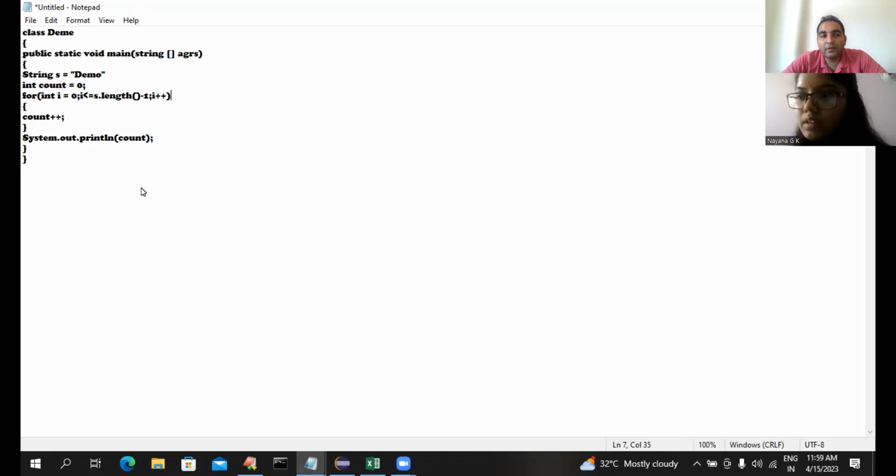Okay. Now there is a slight change in the problem statement. What if you have white space characters also? So what will you do? Will you add some condition in the for loop, or what will you do? Space is also considered as a character. So I will take s dot charAt in the for loop, so one character will be initialized to a character variable called c. Then I will count the